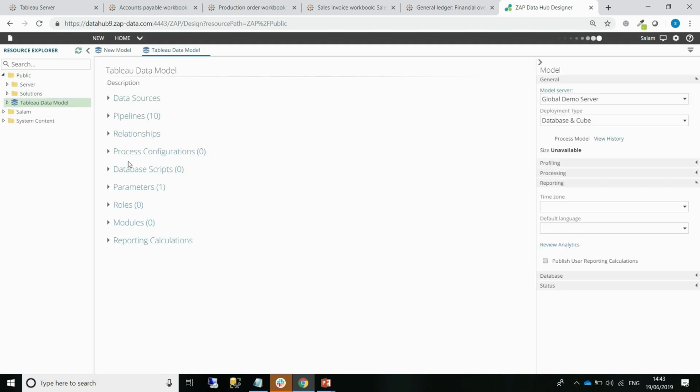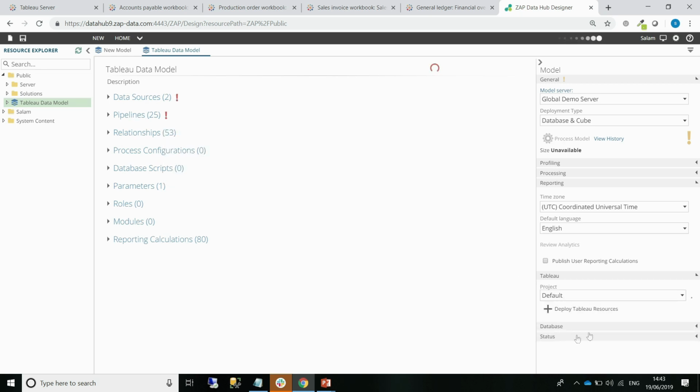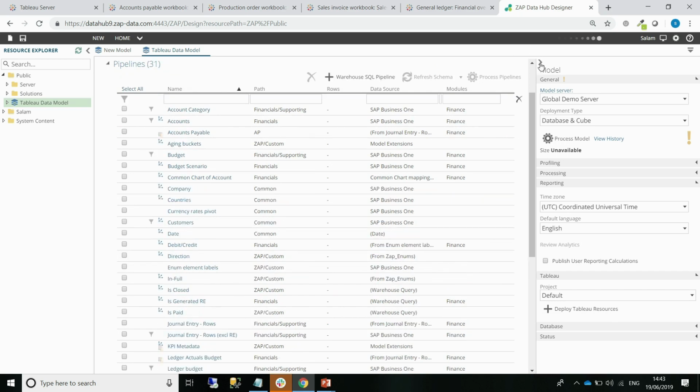And let's have a look at what it looks like. You may see an error here or there because it's still processing. But what you've got here, and what I've just opened up, is what we call the administration mode of the model. Now from here, if I open up pipelines, you can see that we've got a Tableau section here to tell me what site on Tableau server I want to deploy on. However, if I click up to open the pipelines,